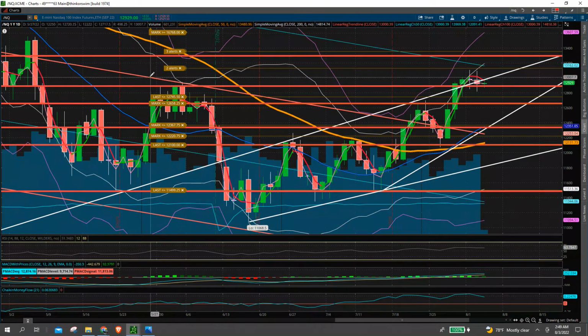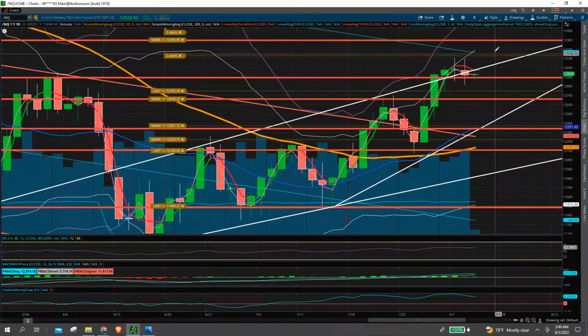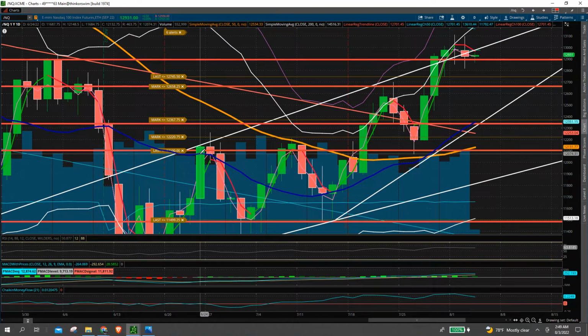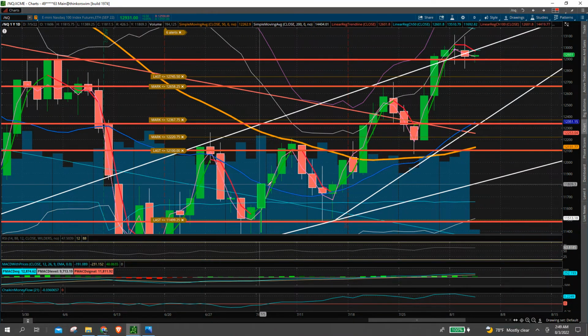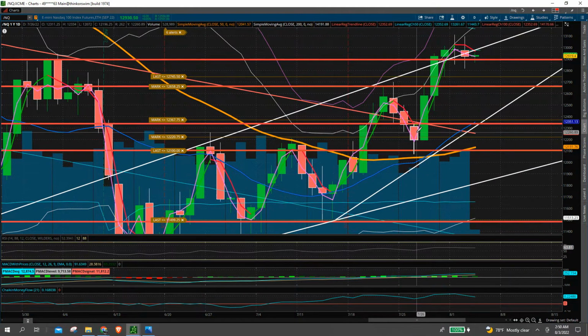So with that being said, if we zoom in a little bit into this section, you'll notice that for the month of July, it was support, resistance, support, and since then we haven't come back to it. So with that being said, I would say that there is a probability to test this.